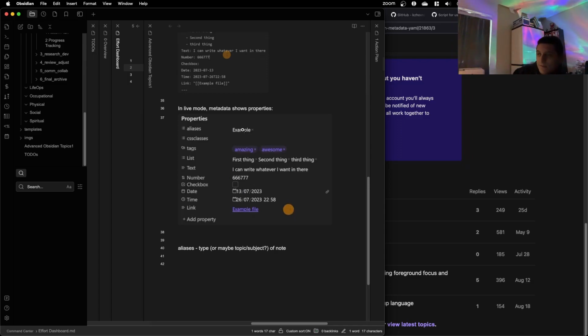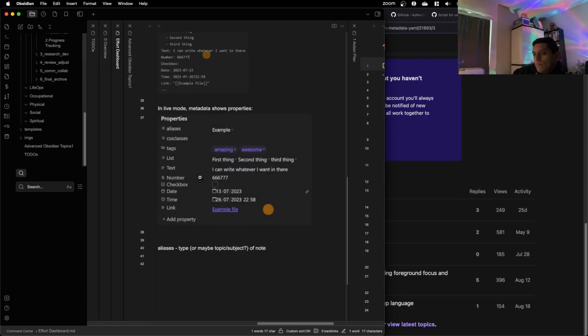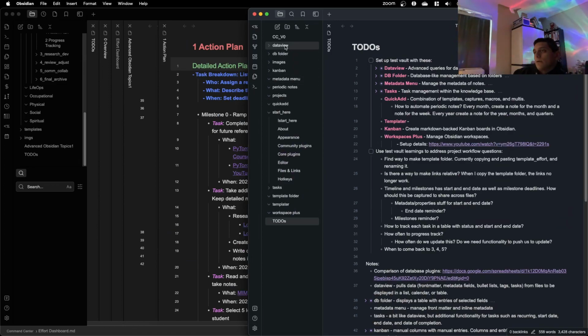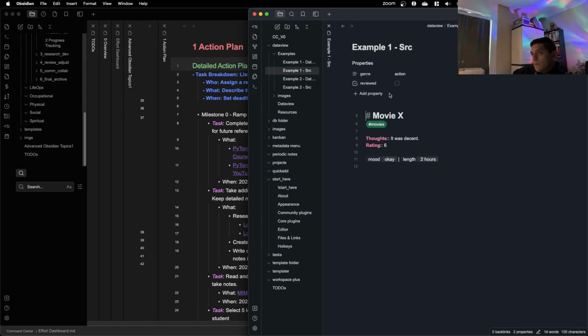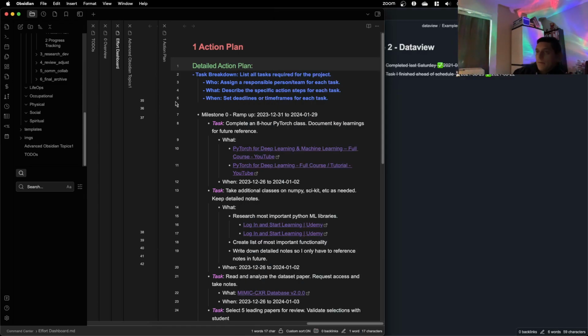Do we have an alias of project? Oh, didn't I have examples? Dataview examples. Table from hashtag movies. So hashtag movies. Got it.